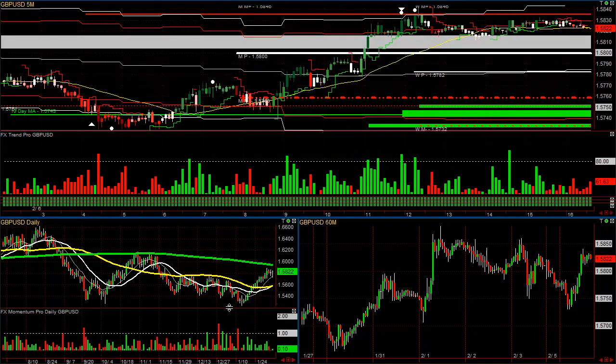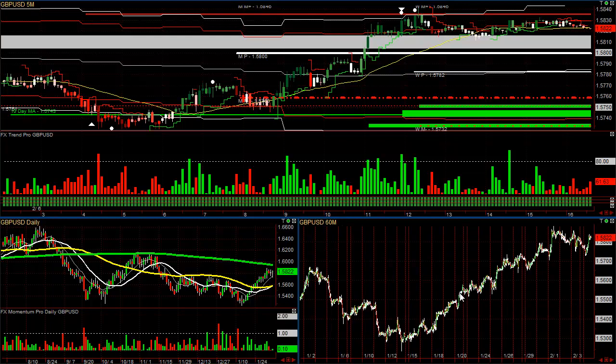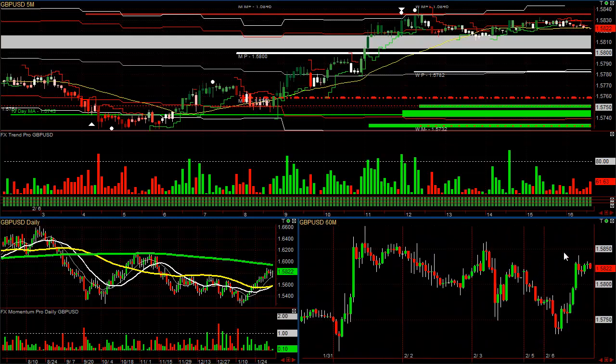You can see this also formed a double bottom quite a while ago and rallied up. You can hit the plus and minus keys to zoom in and out. This is a very explosive trend. It's nowhere near the fib retracement level of the whole move. But one thing that you can see on the hourly chart is, again,